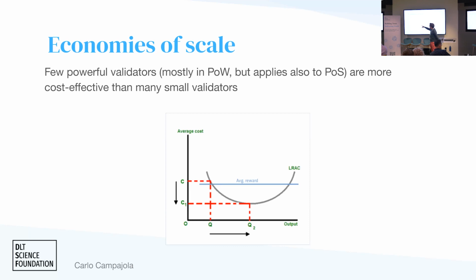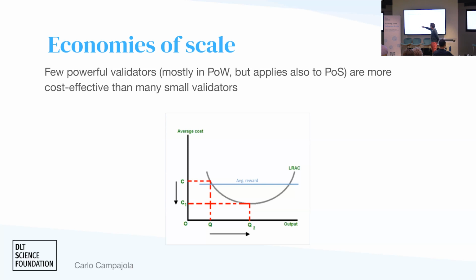So typically, if you have very small outputs, the average cost of each unit of output is relatively large, and that's because you have fixed costs. Sometimes you have infrastructure, you need housing, you need to buy real estate to host or rent real estate to host your server farm. So these are costs that are impacting a lot your unit cost per block that you mine. But the more you are able to produce output, the more you amortize these fixed costs, and so your average cost per unit output decreases.